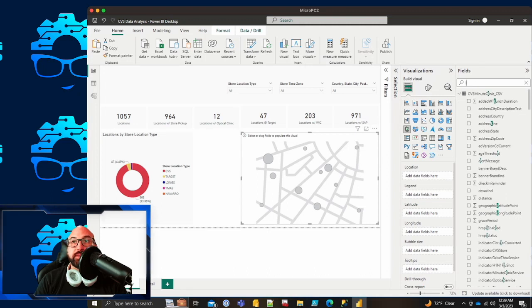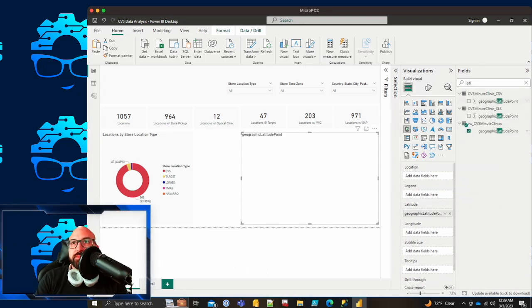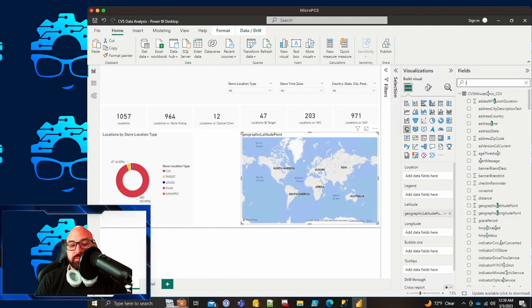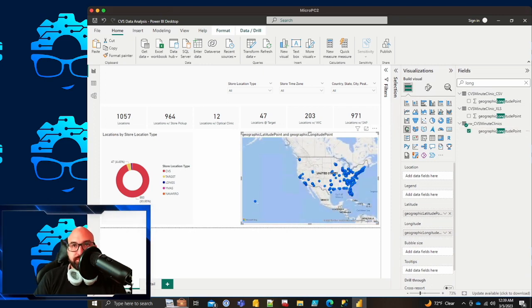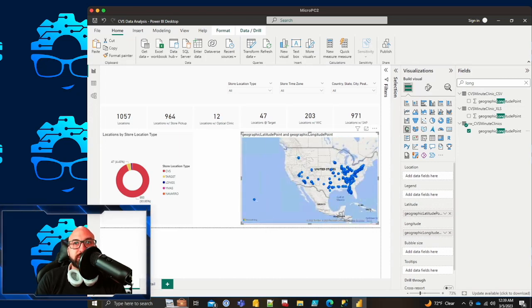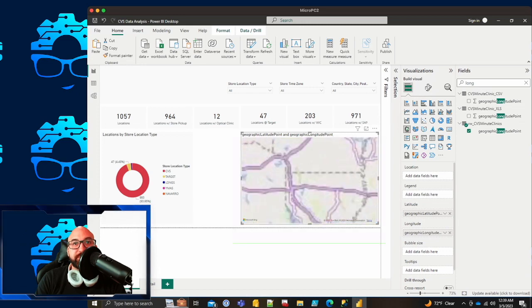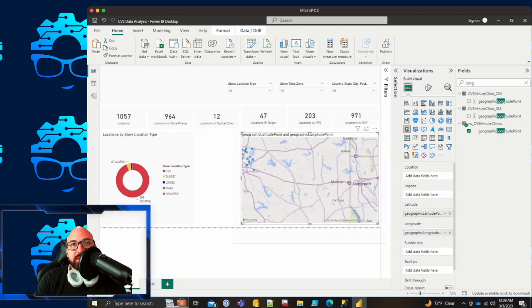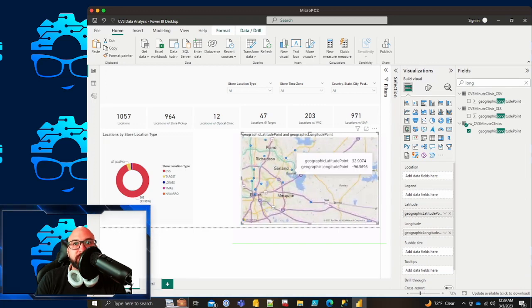Let's just search for latitude. And let's search for longitude. All right. There we go. So we do have our latitude and longitude, which did allow us to get specific locations. Wow, that is very specific. That's pretty cool. All right, and if we hover over, we should see the latitude and longitude, but let's add